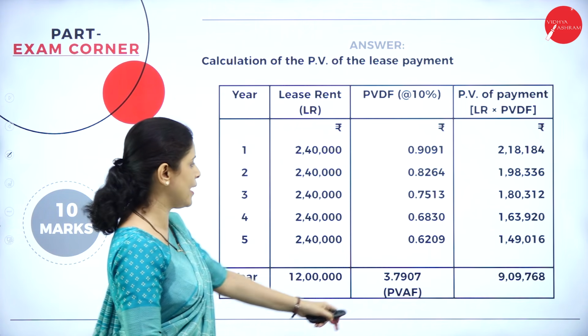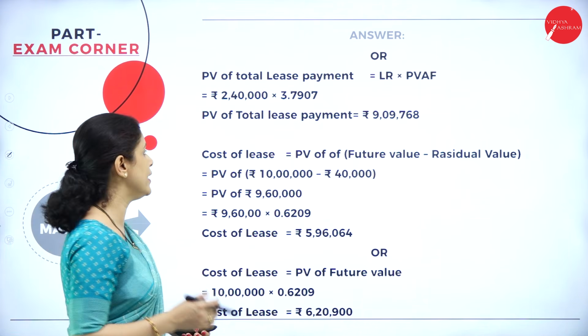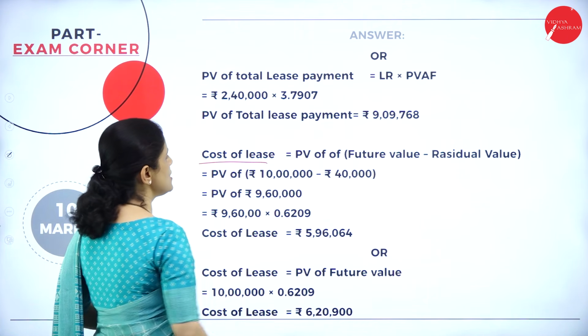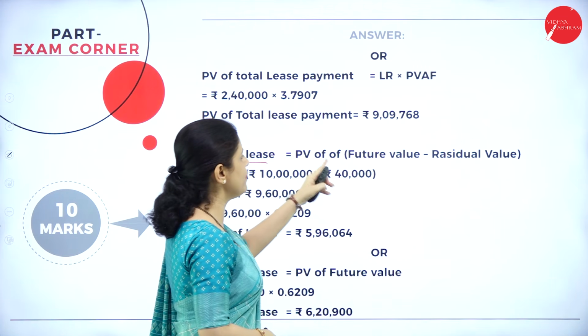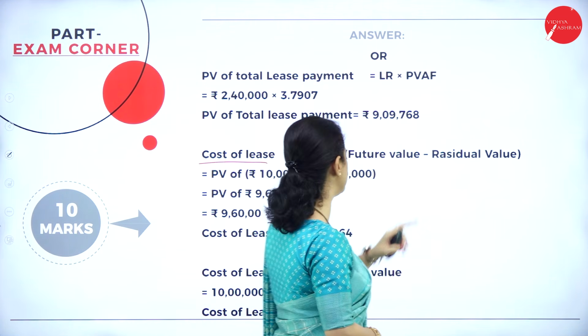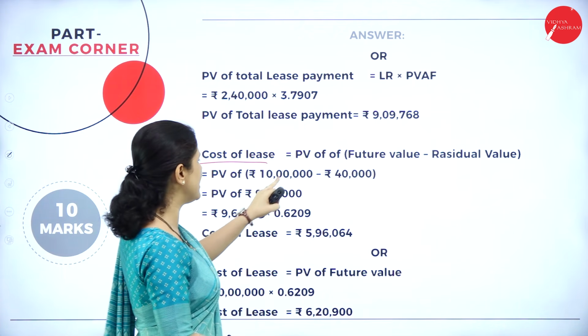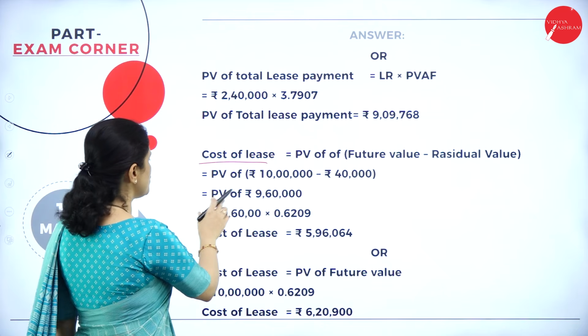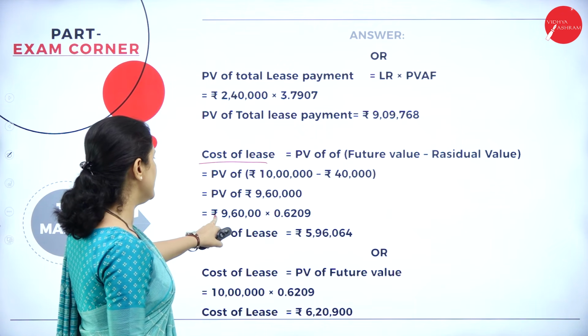9,09,768. So the same thing, whatever we got here. Next we have to calculate the cost of lease. What is the formula for the cost of lease? PV of future value minus residual value. Here the future value is given in the problem, that is 10 lakh minus 40,000. So here we have to calculate the PV of 9,60,000, that is